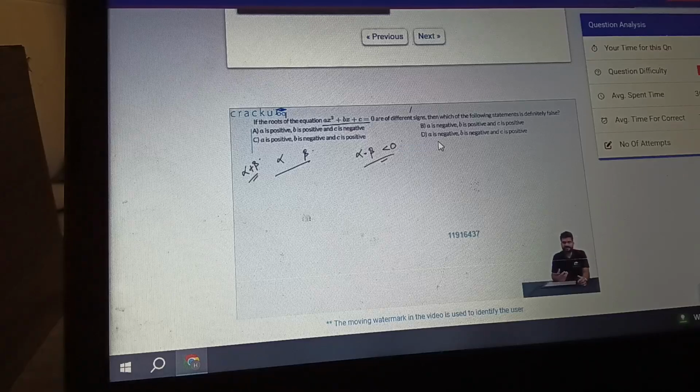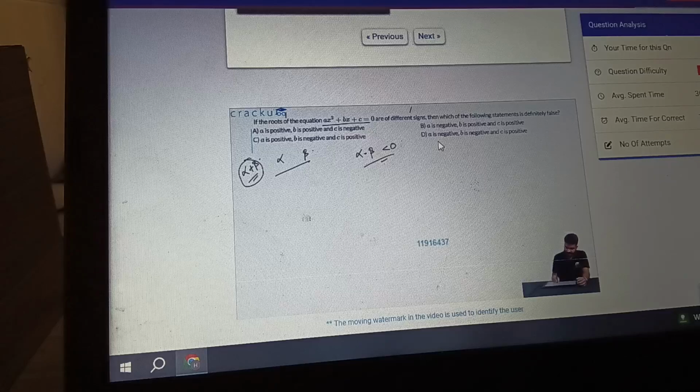than 0 is very small and the root which is greater than 0 is very big, in absolute values, then alpha plus beta will be greater than 0. And the other way around, the sum will be less than 0. So we can't conclude much about alpha and beta just based on the information that they are of different signs. But what we can definitely conclude is that because they are of different signs, their product will be less than